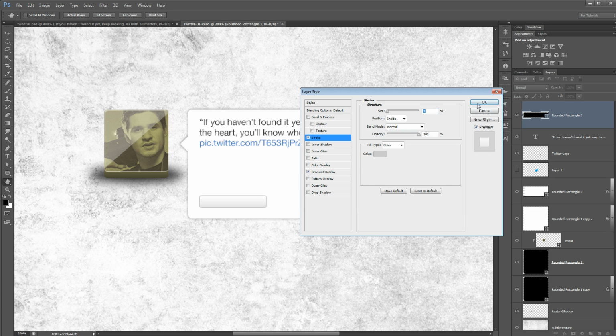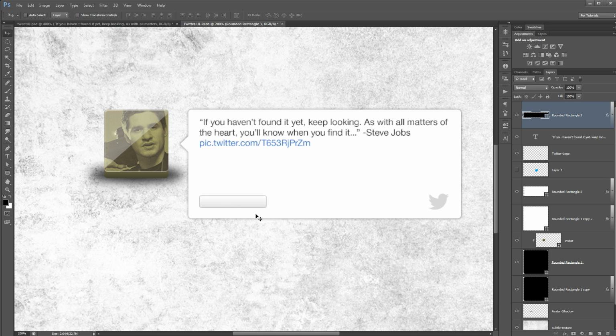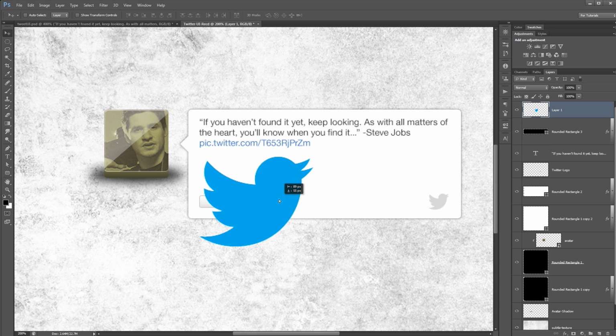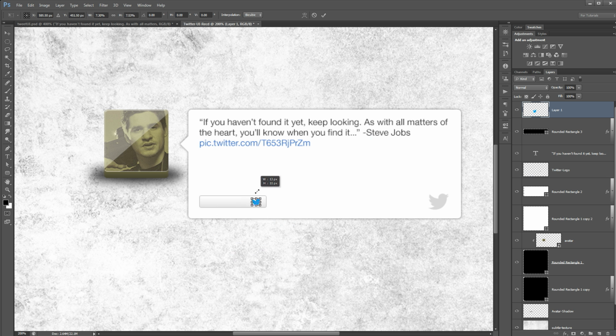There we go. Hit OK. And hit OK again. So there's the basis of our Twitter button. So the next step is going to be dragging in a little blue Twitter bird. Remember, we saved the little guy from earlier. Right, so we can drag him up here to the top and resize him way down so he can fit